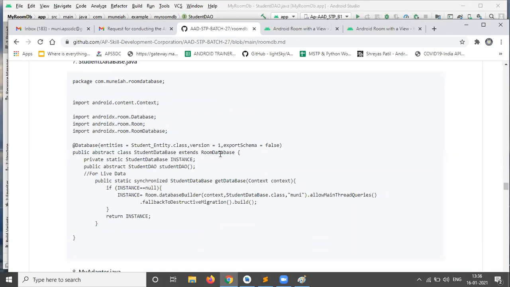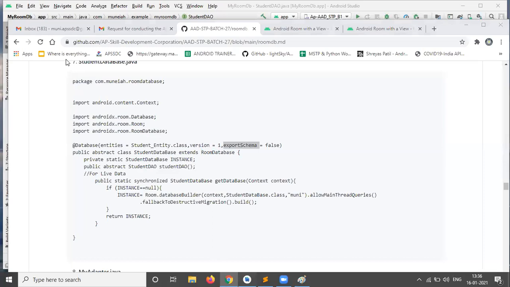That abstract class should extend RoomDatabase. Then we'll call our DAO class here. That DAO class also we need to initialize as abstract. Also the table name, which version we are using, and whether export schema is enabled or disabled, that we need to give the information.